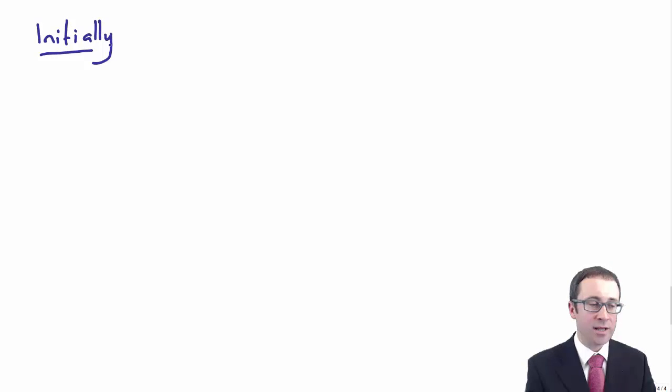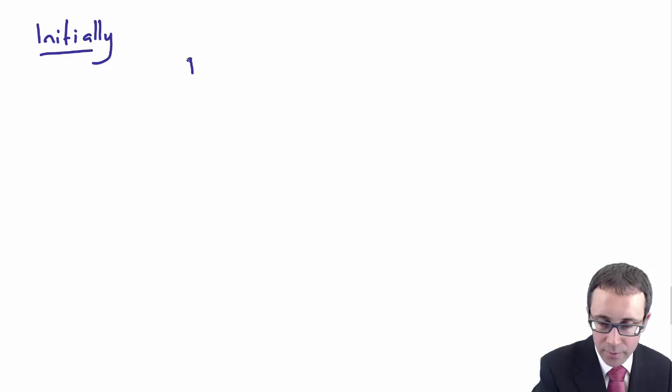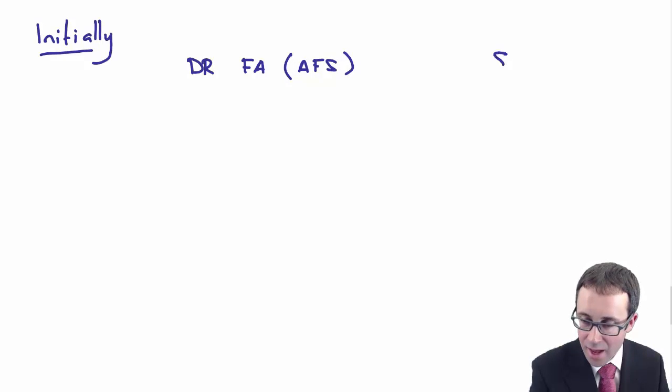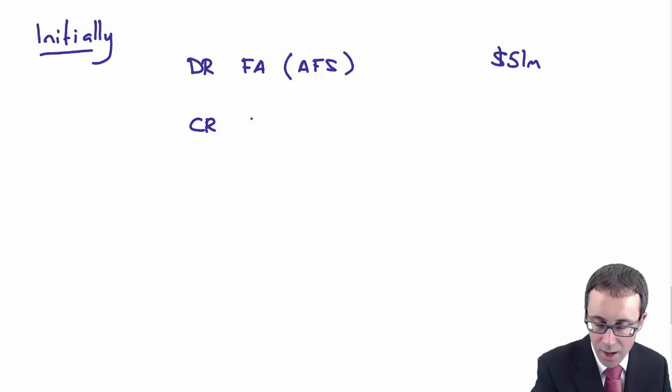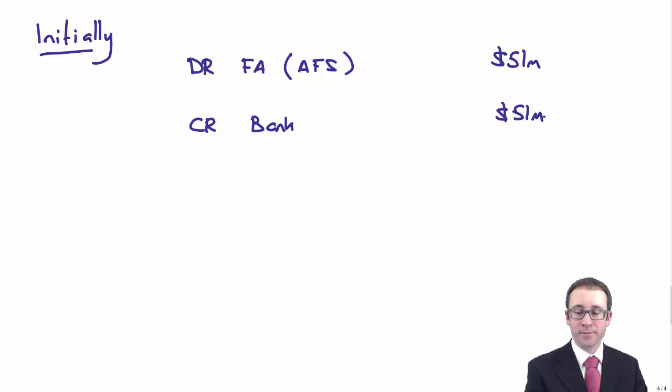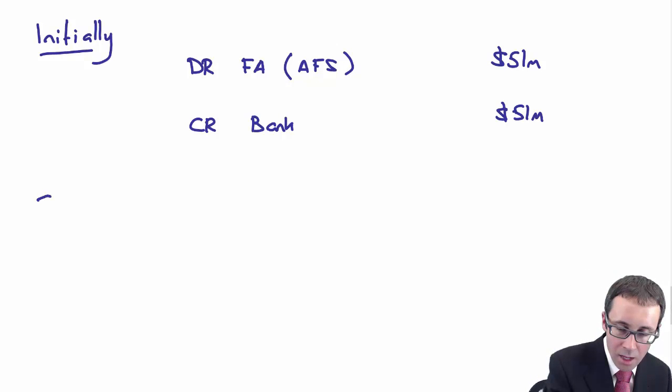and look at it initially, then what you've got there is that you debit your financial asset as available for sale. So we can abbreviate that to AFS. Is that there at 51 million? And I credit the bank as well with the 51 million. Okay. Subsequent, so at the year end,